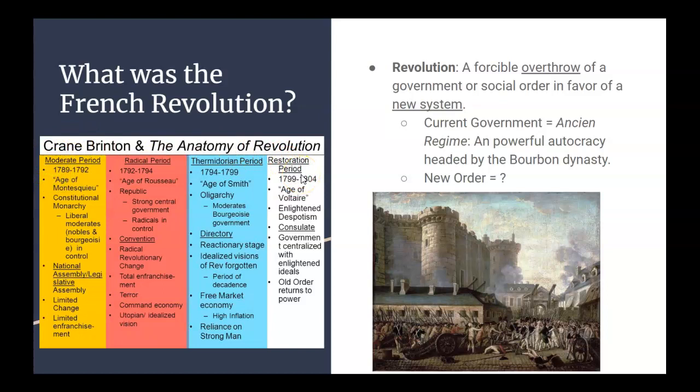So, for example, in the French Revolution, spoiler alert, they do get rid of Louis XVI, who was the leader of France at the time, but then a guy named Napoleon Bonaparte becomes in charge of the country during the Restoration period. And yeah, he's not a king, but he makes himself an emperor. So when you think about how much had actually changed, you'll see how much actually changed.